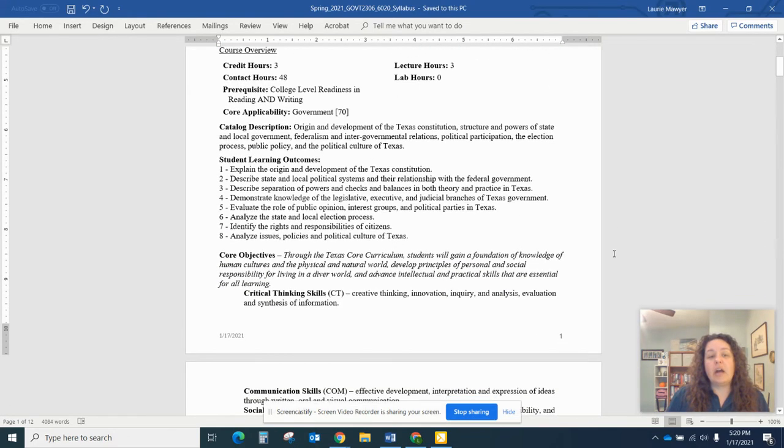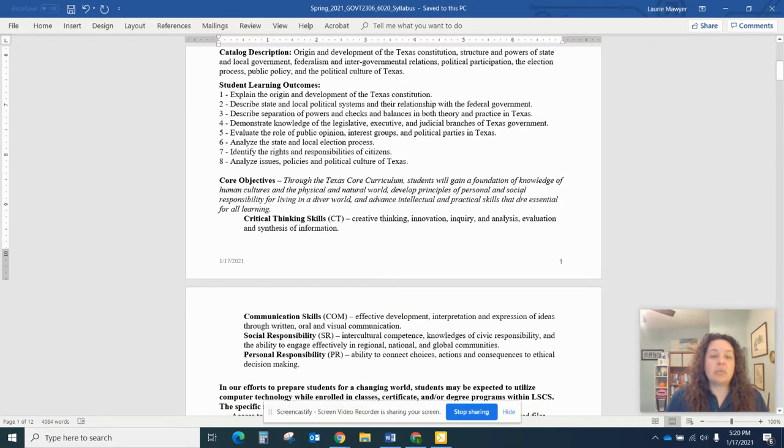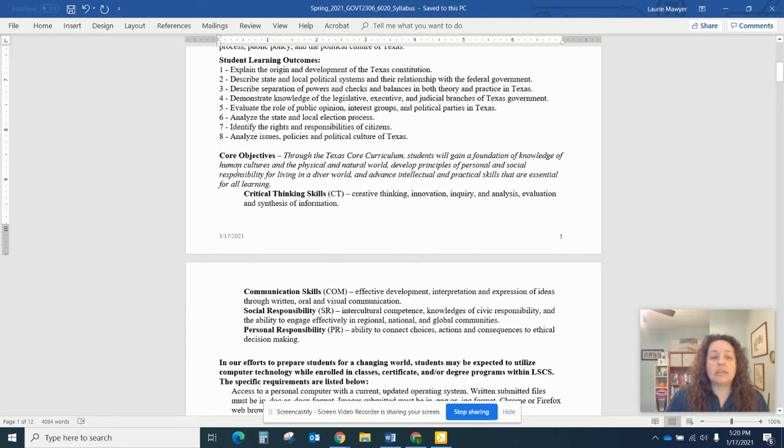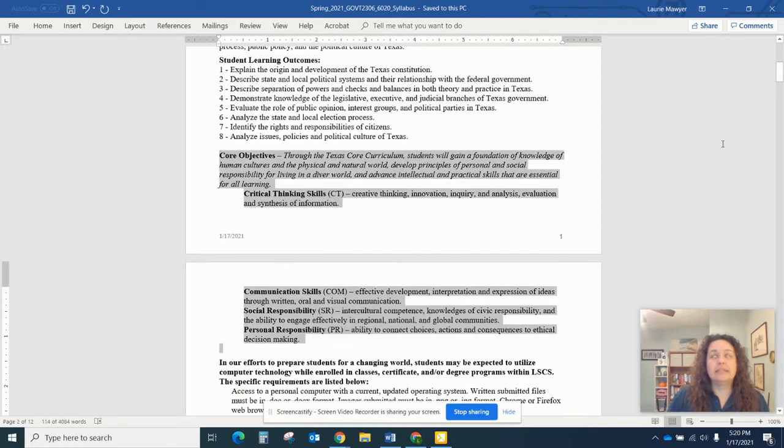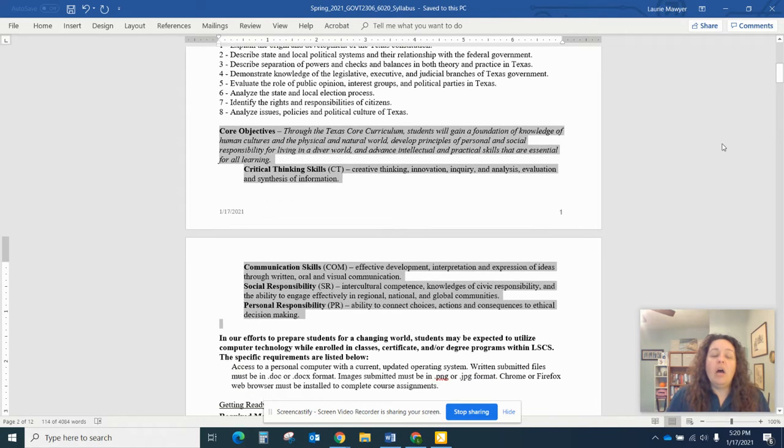So if you look, here are the student learning outcomes. These are the things you should be able to learn and know and understand after the end of this course. And then you've got these core objectives. One of the big complaints I get all the time is, this is government, not English class. Why are we writing papers?